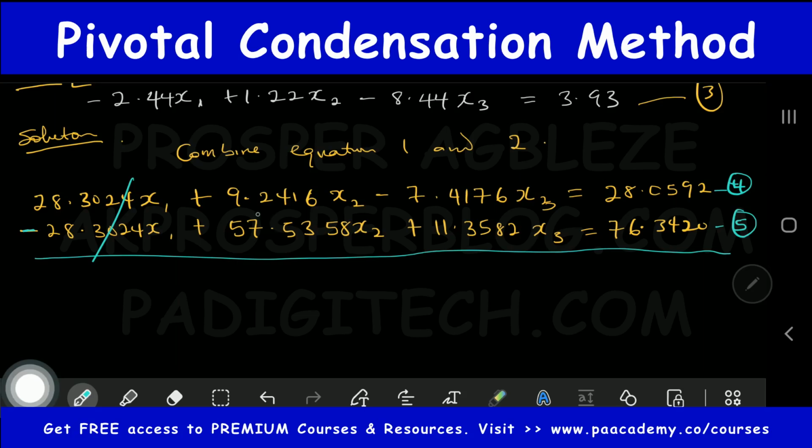All right, then 9.2416 x2 plus 57.5, this is going to give us 66.774 x2, then minus 7. So don't forget, let me just put the plus sign somewhere here. So minus 7.4176, plus this 11.3582. So that would give us plus 3.9406 x3, then equals to, if you add this together, we are going to be getting